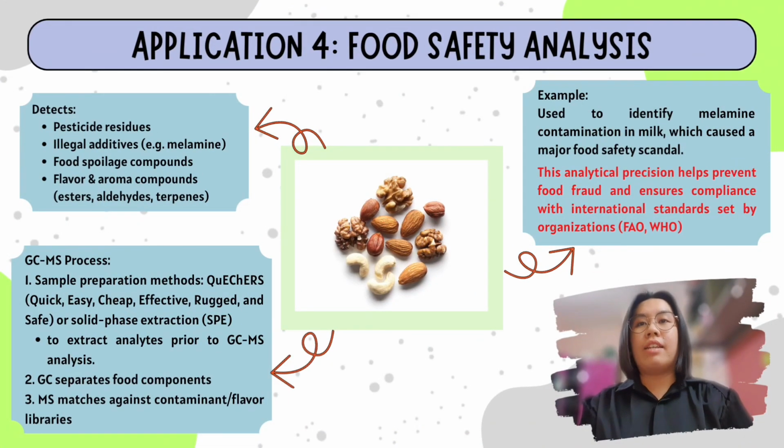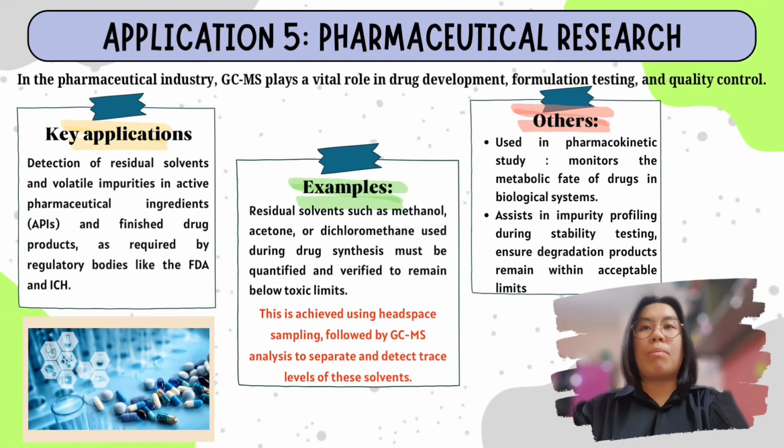In food safety analysis, GCMS detects contaminants, illegal additives, and also profiles flavor compounds. It is also used to identify melamine contamination in milk, which caused a major food safety scandal. Food samples are isolated using SPE, solid phase extraction, with GC separating the flavor or contaminant compounds and the MS confirming their identity. In the pharmaceutical field, GCMS ensures drug purity by detecting residual solvents and impurities in